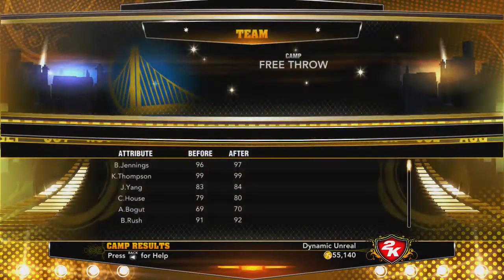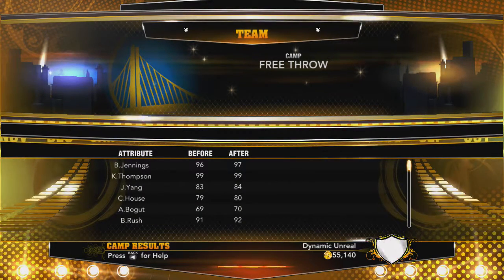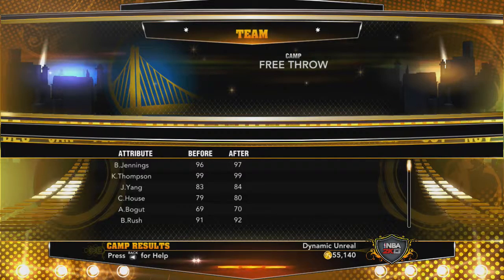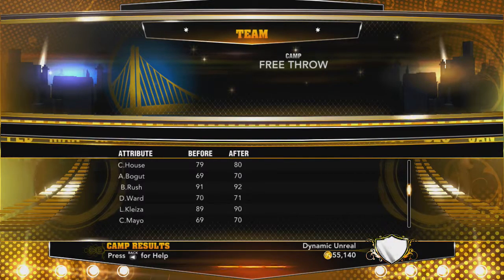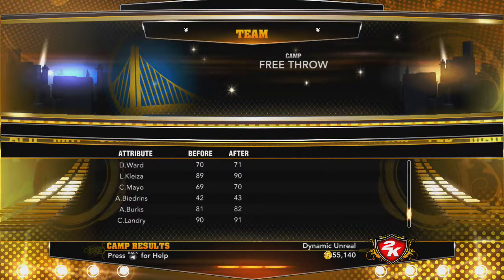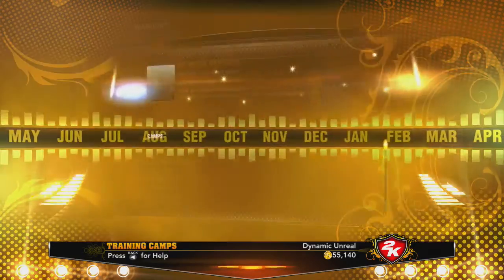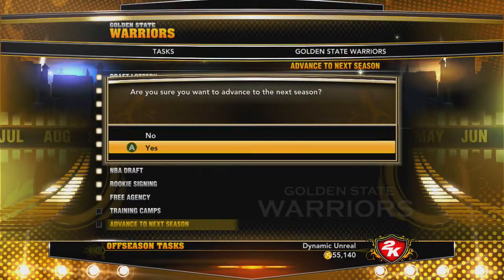And as you can see, Brandon Jennings has a 97 free throw. Klay Thompson already has a 99. Yang has an 84, House an 80. Man, I'm just trying to get these guys' free throws up so we can have good free throw shooting and have a better record next year. So there we go, guys. I'm going to advance to the next season,